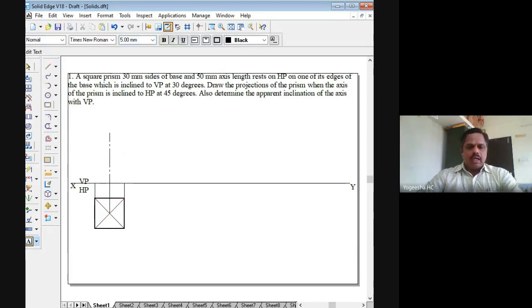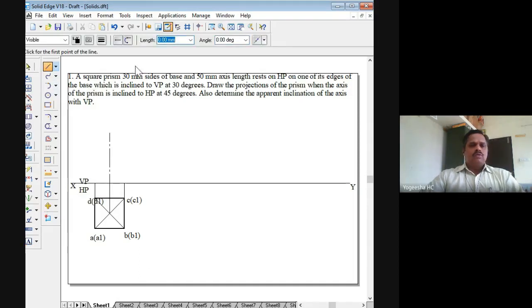So this point is A in the bracket A1, right? This is B in the bracket B1. This point is C in the bracket C1, because the point C1 is not visible. They are all bottom base points. The bottom base points will not be visible. Only top face points are visible. So I am projecting it to the front view.